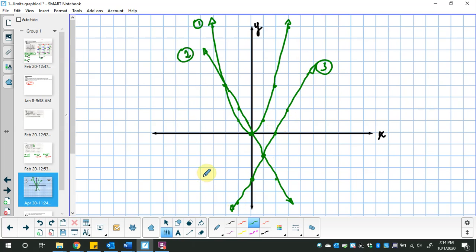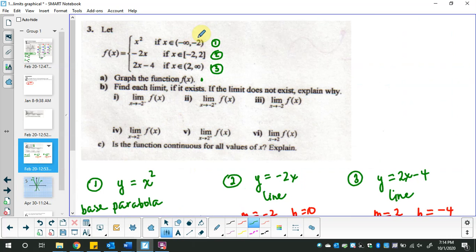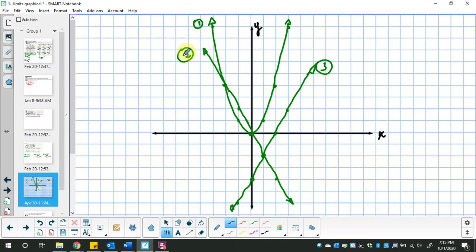So this is not our picture. And the reason it's not our picture is because this is not a function and you are taking advanced functions, but that's not really the reason. The reason is because I didn't take care of all of this. So this is saying the parabola only counts from x is negative infinity up to x is negative 2, not including negative 2. So I'm going to take out my black pen as opposed to my green pencil, and I'm going to take the parabola and I'm going to outline it until